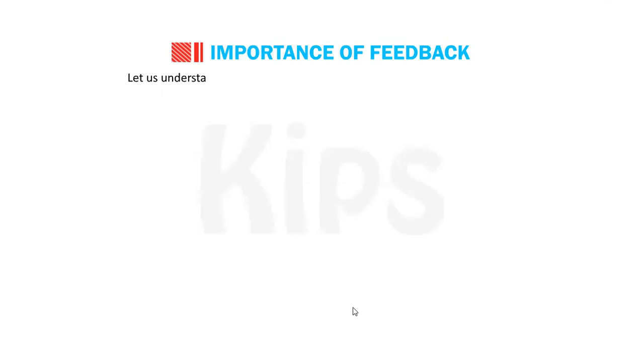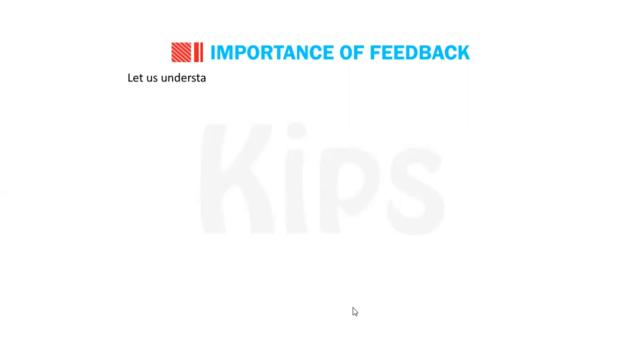Importance of feedback is very important because when a sender sends a message to the receiver, the receiver will judge the things and in return he will give the feedback, which I've already told. Now, what is its importance? The importance is that if the receiver gives a negative feedback to the sender, I am citing an example, what will be the learning is that the sender will try to improve his communication skills.